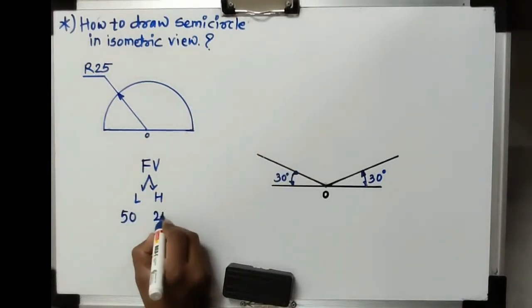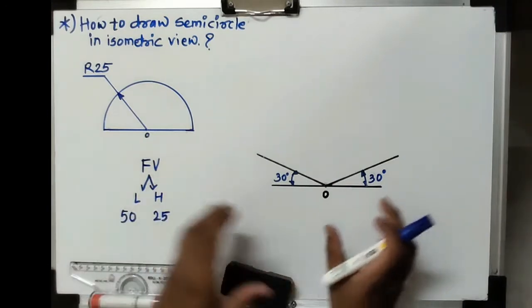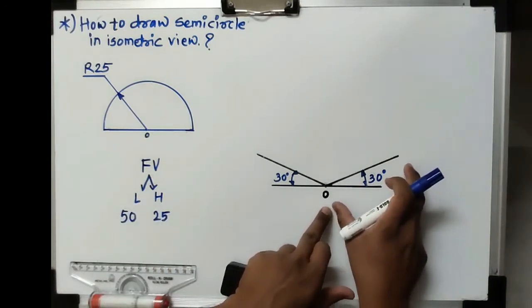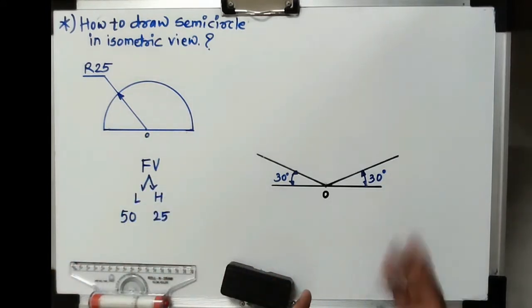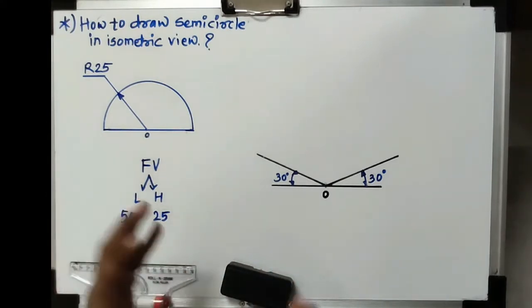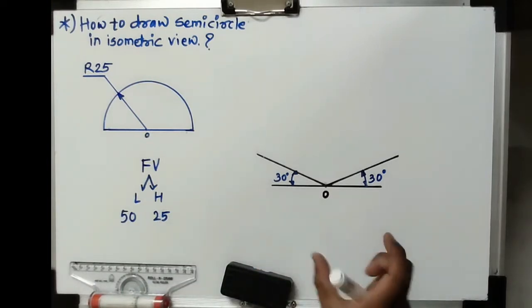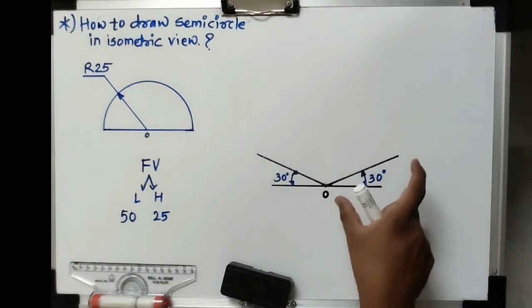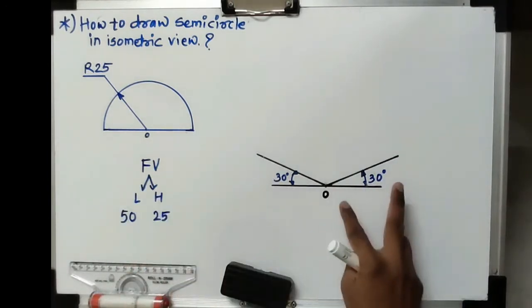Means length is here 50 mm, height is 25. Okay, now here also we have to create the same box for representing the semicircle in the isometric view. Here we can create that semicircle either on the right side inclination or the left side, whatever side we consider, that is correct. But if a complete 3D object has to be represented in the isometric view, in that case we have to finalize the position of that semicircle, means on which plane, either the right side plane or the left side. But now this is the basic procedure, so we can consider any one side.